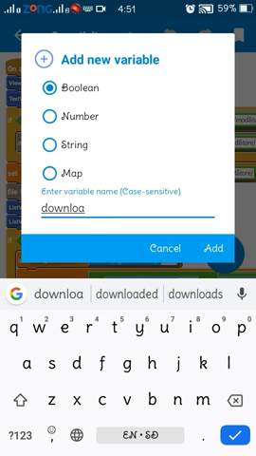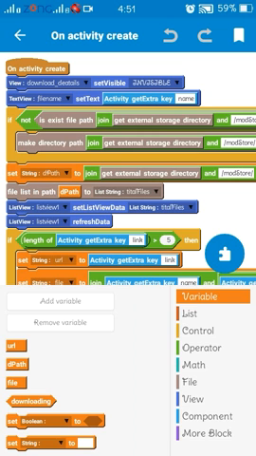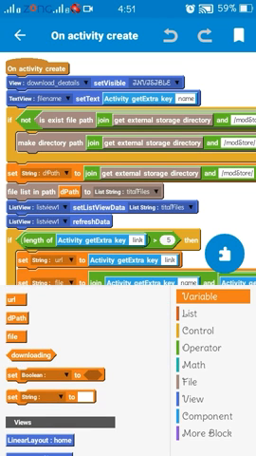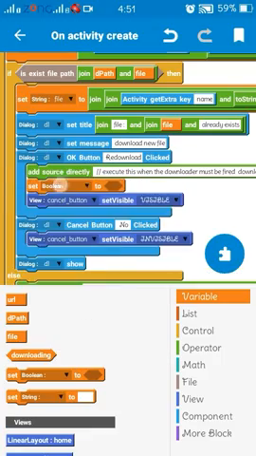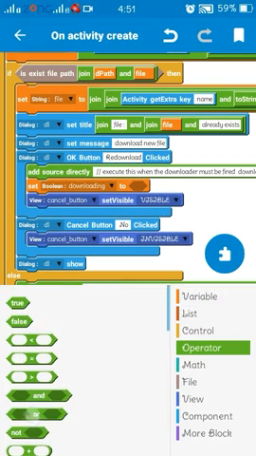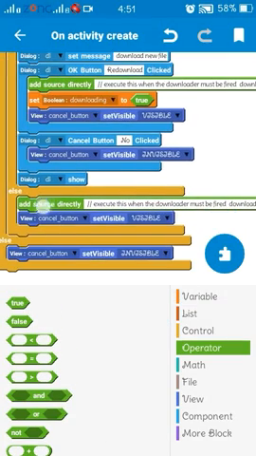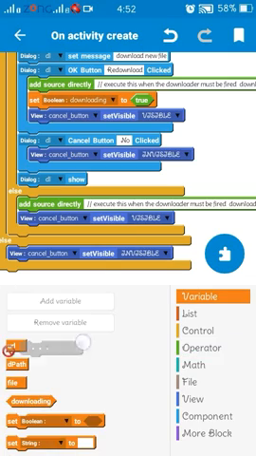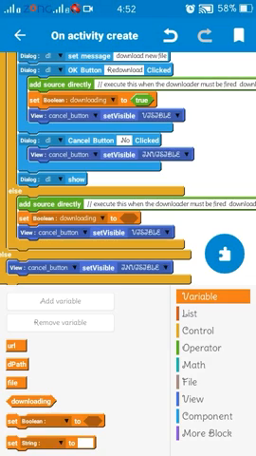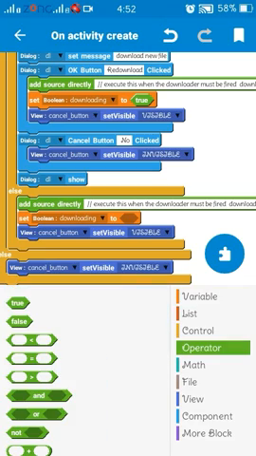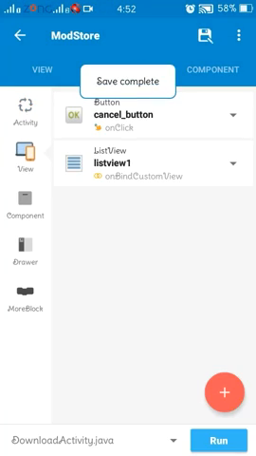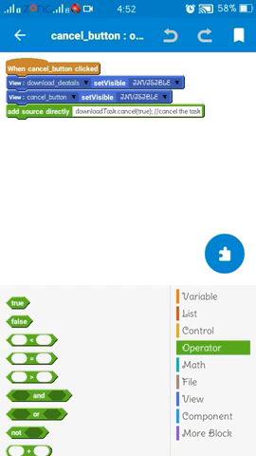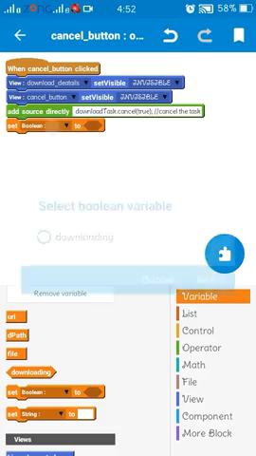But for now, we will try to prevent the user from going back if there is a task running. To do so, go to your code, create a boolean isDownloading, and set it true when you start a task. Set it false when a task has failed, completed, or cancelled.